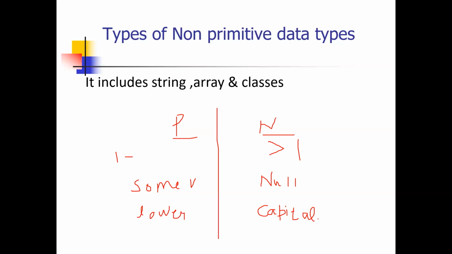So this is the basic difference between primitive and non-primitive data types. Primitive data types store one type of value; non-primitive data types store many types of values. Primitive data types always have some value, but non-primitive can be null. Primitive start with a lowercase letter and non-primitive start with a capital letter. So now let's start with examples in